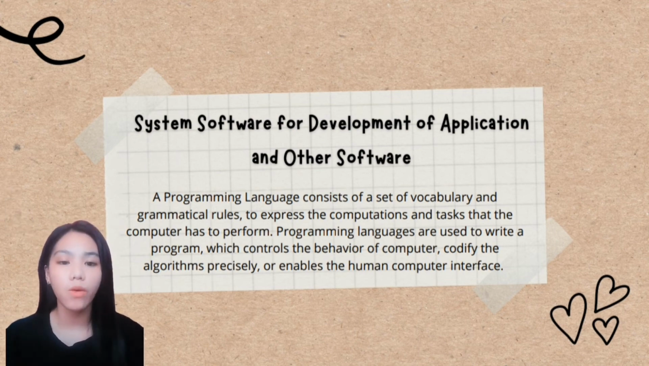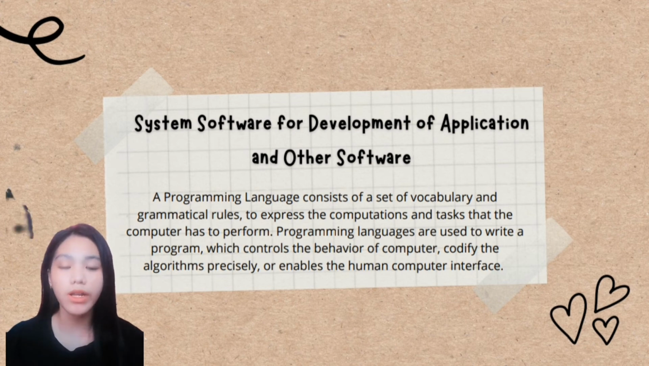A programming language is made up of a set of grammar and vocabulary rules that are used to convey the calculations and tasks that the computer must complete. Writing a program that regulates computer behavior, properly codifies algorithms, or permits a human-computer interface requires the usage of programming languages. Each language has its own collection of terms or keywords that it recognizes, as well as a particular syntax for arranging program